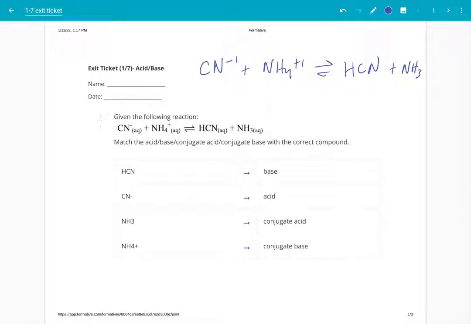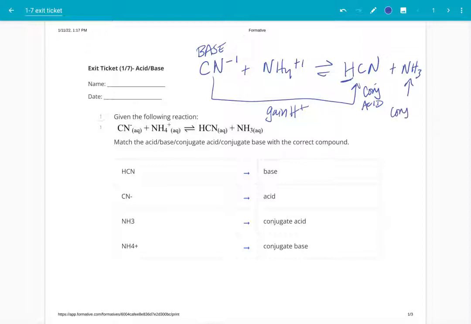So the first thing I always do with these kinds of problems is I look and see where the H's go. So I have CN minus going to HCN, so we are gaining an H. So the thing that gains an H is going to be your conjugate acid. Okay, so the opposite of your conjugate acid is going to be your base. So the base is going to be connected to the conjugate acid, and acids will be connected to the conjugate base. So that means the other thing is your conjugate base, and the NH4 plus would be an acid,